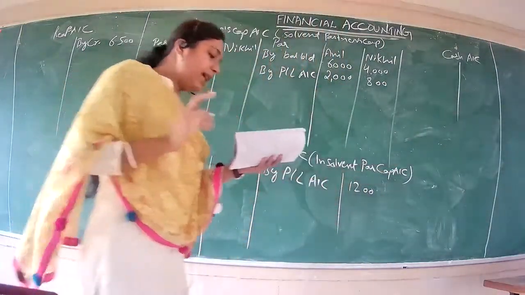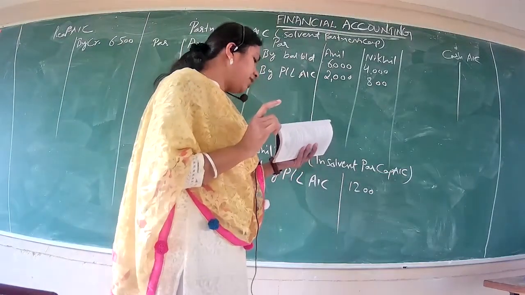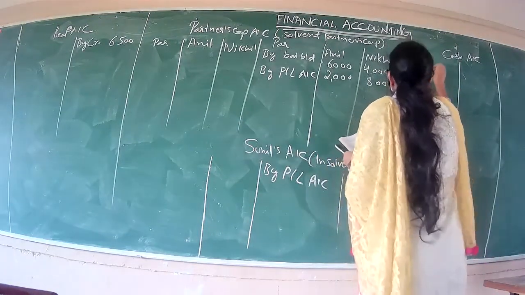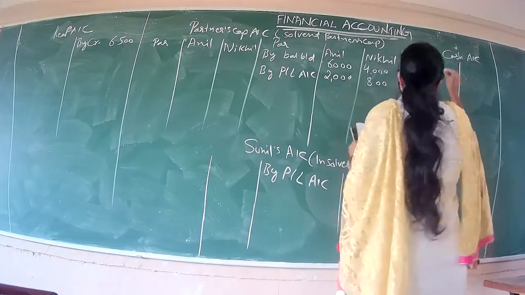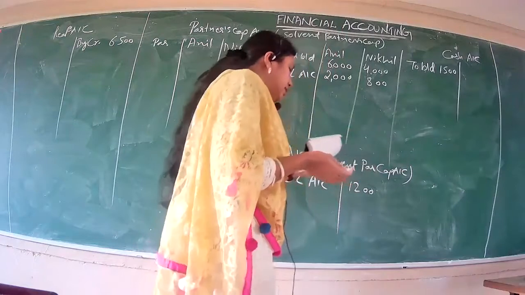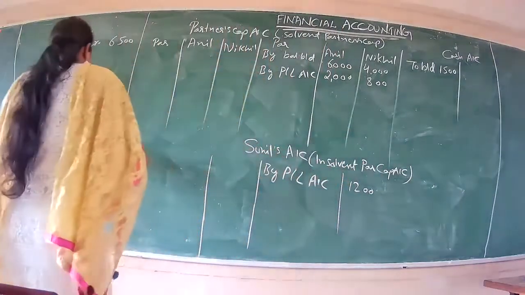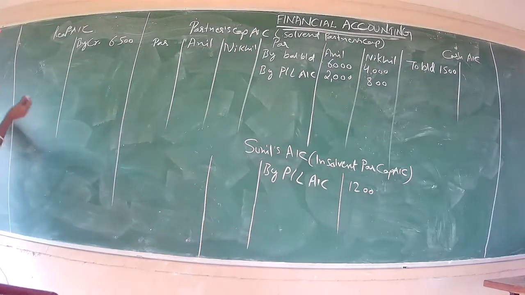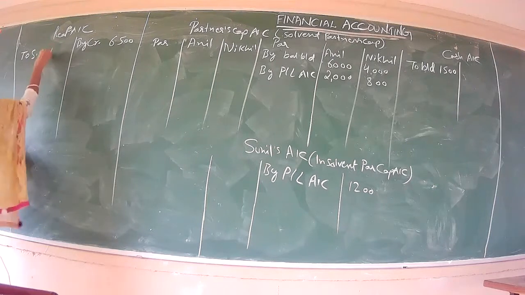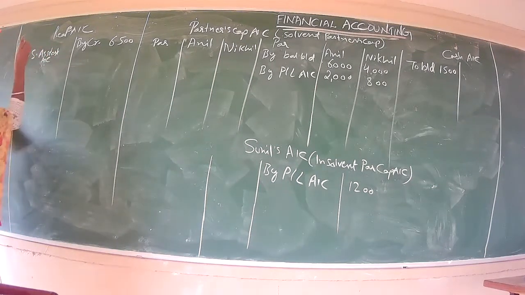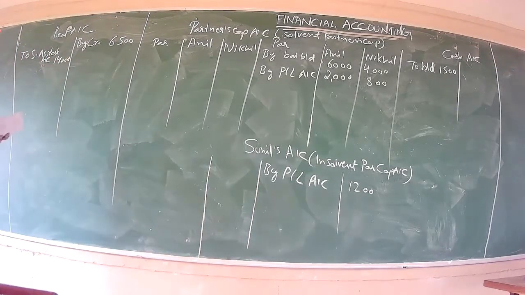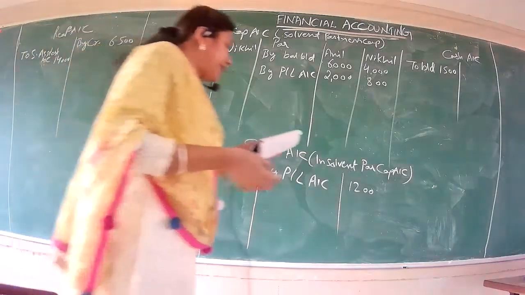Now coming to your asset side. Asset side, very first we have cash in hand. So we'll take this in your cash account to balance brought down. How much we have the balance? That is your 1,500. Fine. Then next we have sundry assets in the balance sheet given 14,000. So assets we have to bring to realization account. So to sundry assets account, amount is your 14,000. Fine. And then next we have Sunil's capital.